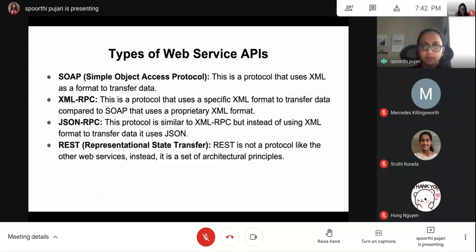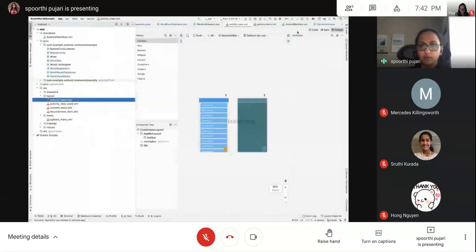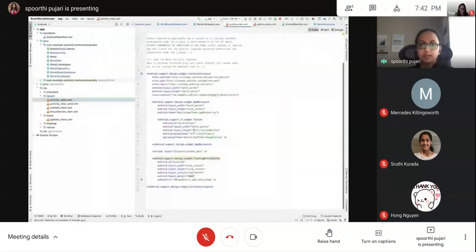So the first kind of web service is SOAP, which uses XML to transfer data. You might be familiar with XML. In all of our layout files, we use XML language. So if you see the code, yes, we use XML here. So SOAP uses XML.